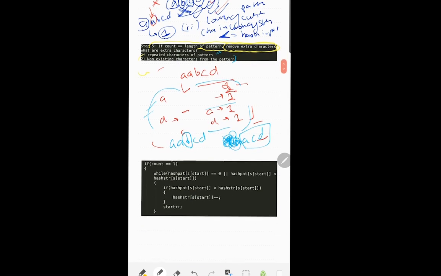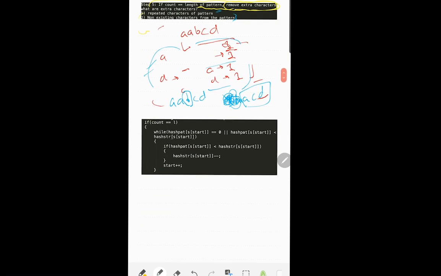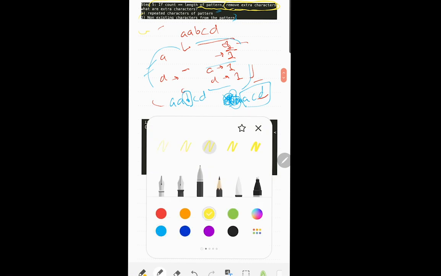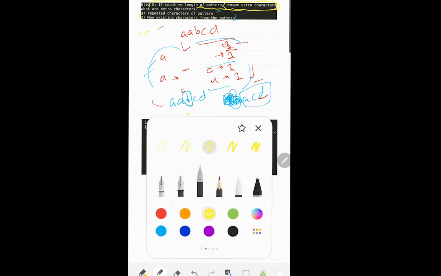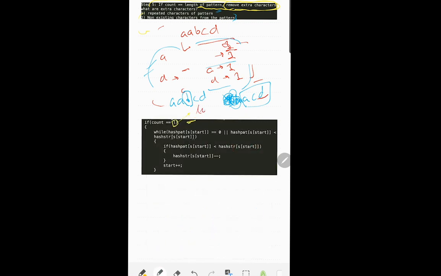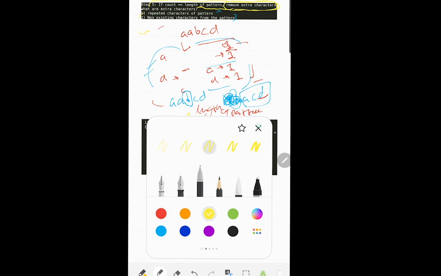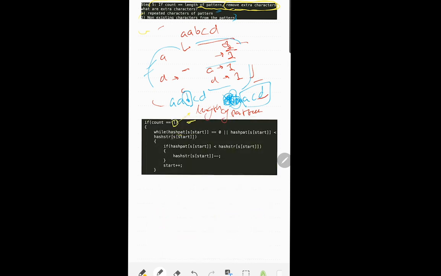Okay, now let's look at how we do this in the code. You can see, if the count is equal to L, where L is the length of the pattern, I do the following. If you look at the code, while hash of pat of str at start, where start begins from 0, is equal to 0, that means it is an extra character.